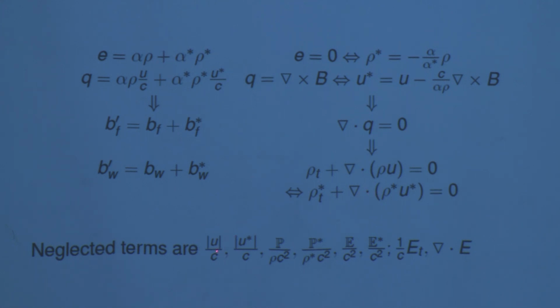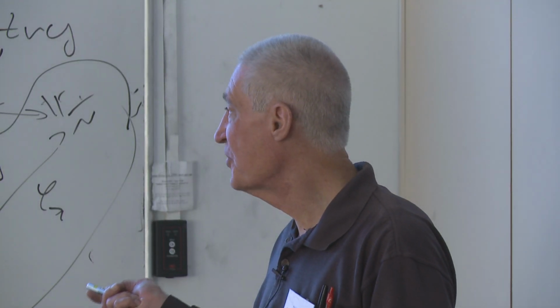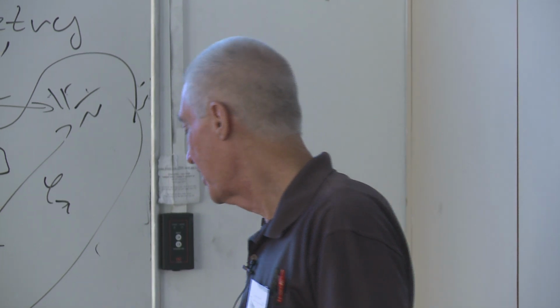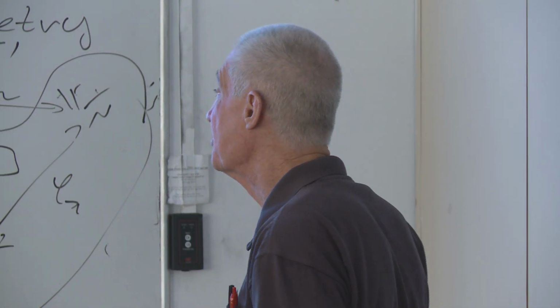Now, the neglected terms are all the same ones from the relativistic case. Okay? We have neglected the displacement current. Here it is. And this is the problematical one: we have neglected div E. And div E isn't even invariant, but the term has an S over C, and hopefully it's small. The question of whether this is going to be valid is going to depend on how big div E is.